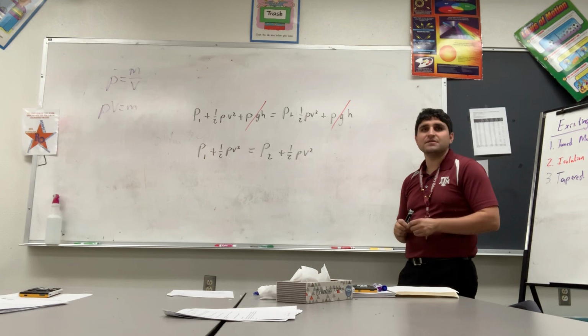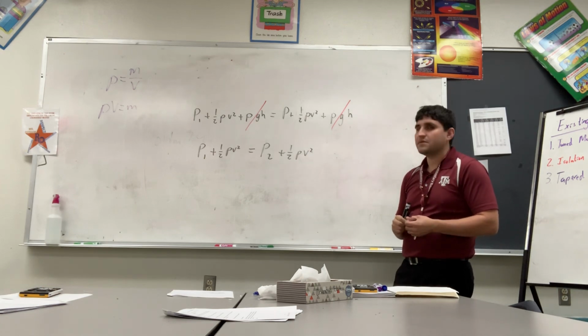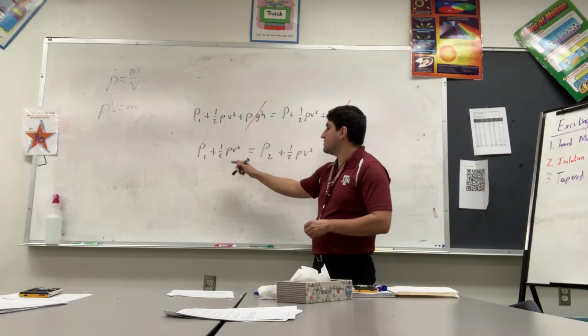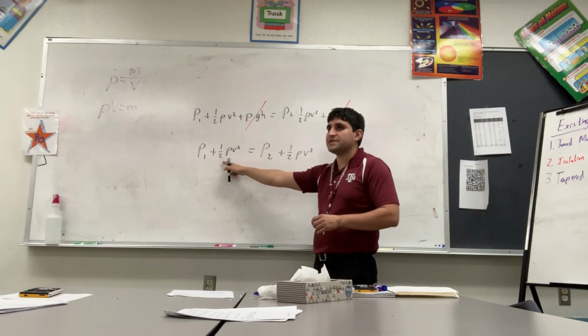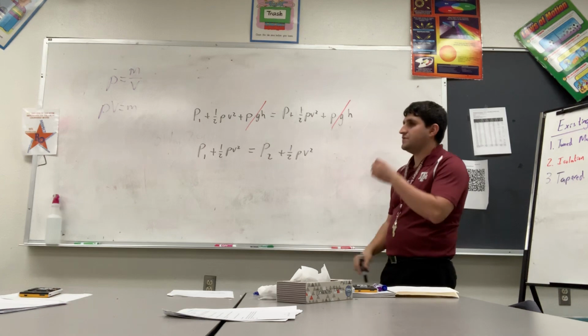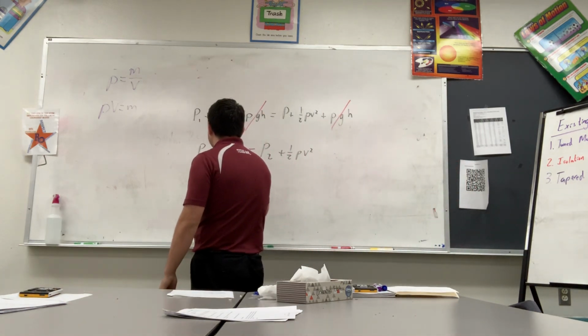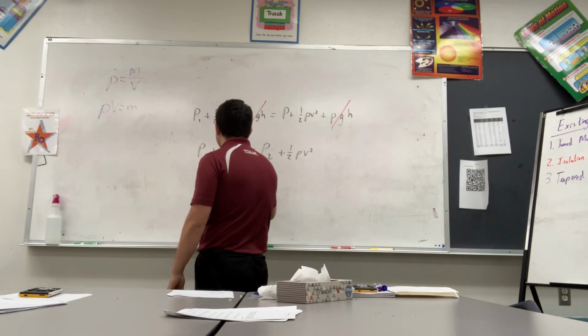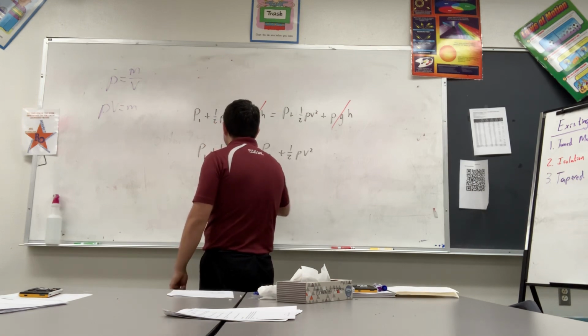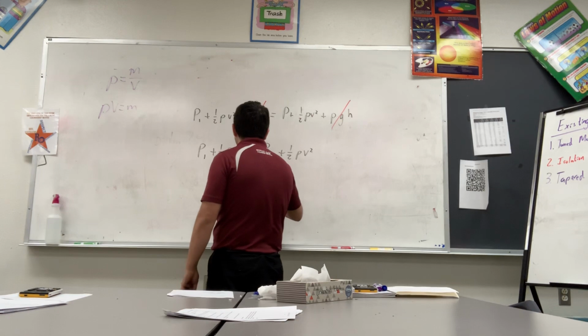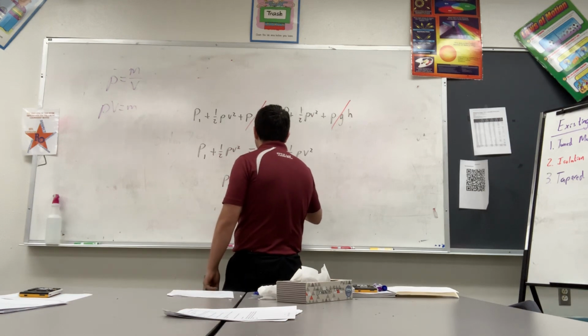What would I subtract? The right portion. The 1/2 PV squared. Yeah, I would subtract this 1/2 PV squared to this side, and I end up with P1 equals P2 minus